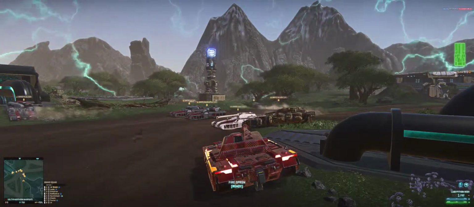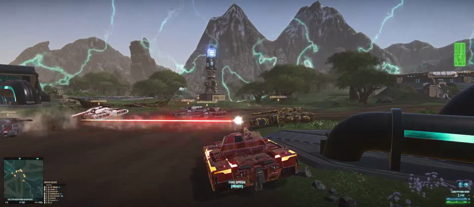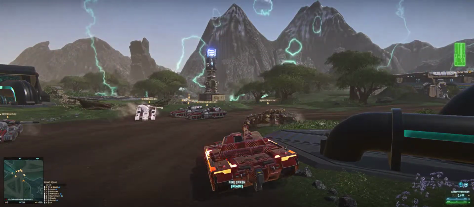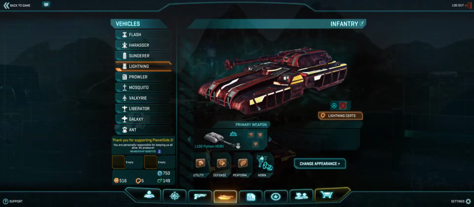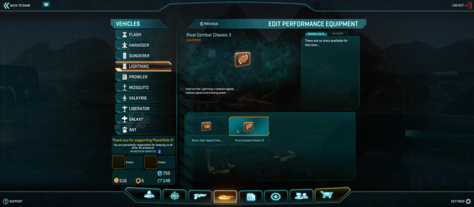What you don't want to do is be showing your arse to somebody, and the easiest way not to do that is merely to have the ability to turn them. So that's what I run with respect to my performance. I go for Rival as opposed to Racer, and when we look at defense, a bit of a mixed school,